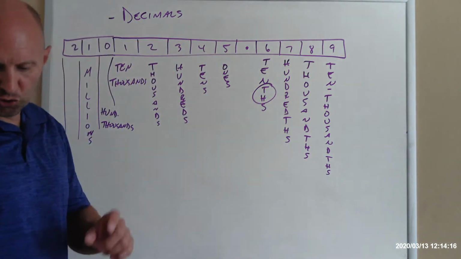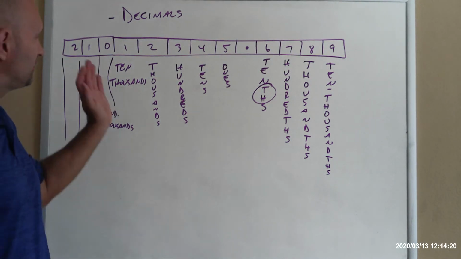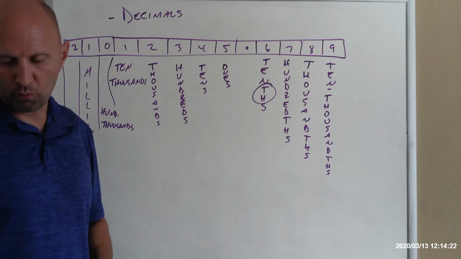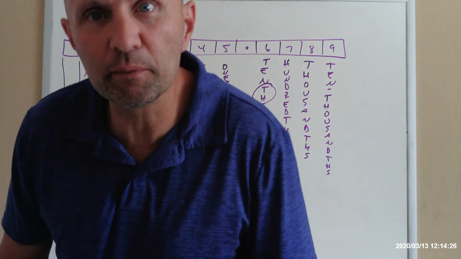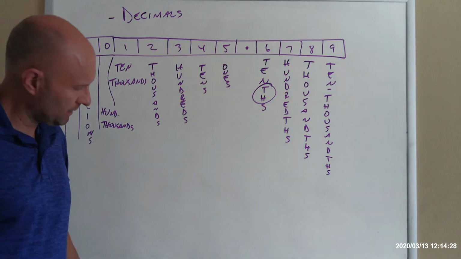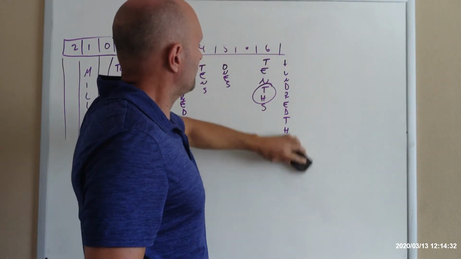So you guys should know all of those decimal positions, at least up to 1,000,000. After that, you probably won't have too many of those numbers in there. All right, so next, so with decimals,